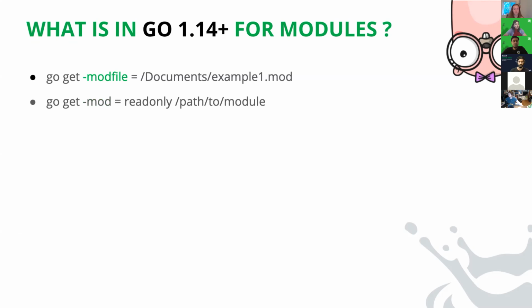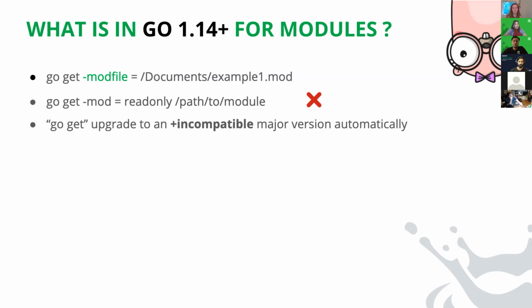Go get with the mod flag will not allow you to set it anymore. Before, it either used to ignore it or give an error, ultimately polluting your go.mod file. So the Go team has realized this particular problem, and they have actually stopped letting us set the mod flag. A go get upgrade to an incompatible major version will not happen automatically unless there is something specifically required for